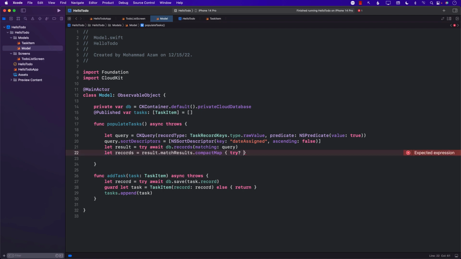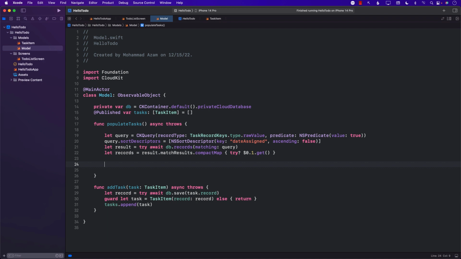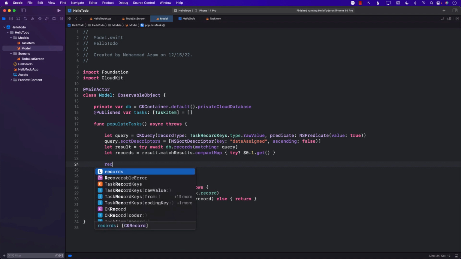We're going to select the first, 0.1, so basically the first tuple, and then we'll get it. All right. Kind of a weird way to do this. I do wonder why they went with this kind of API design. It looks very weird. But anyway, now we have the records, but we want to convert these